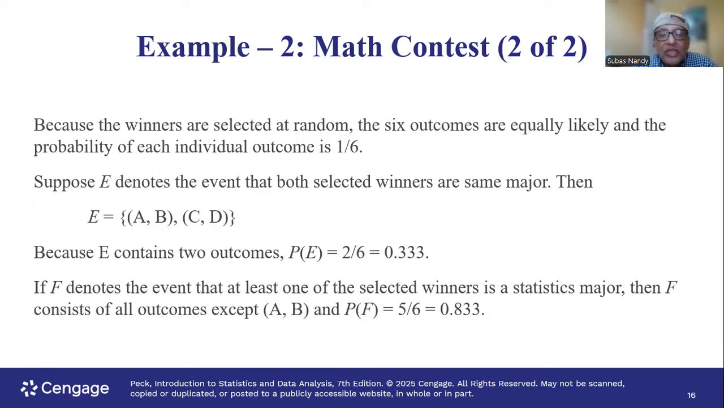If F denotes the event that at least one of the selected winners is a statistics major, then F consists of all outcomes except A, B. Why except A, B? Because in A, B, A and B are both math majors. In all other possible